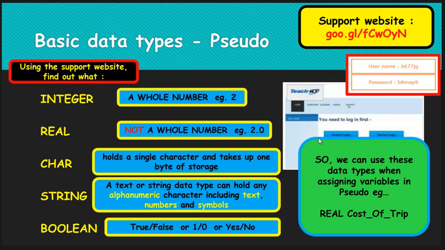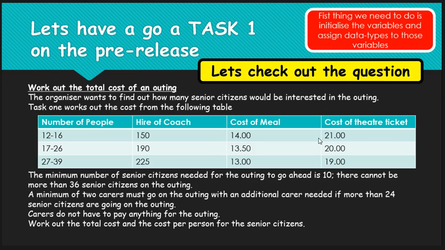Because obviously the cost of a given trip would be in pounds or euros or dirhams, and you would have the denomination beyond it. So I'm going to stop the video there, because on the next slide we've got task 1, and task 1 I'm going to show you in a separate video. I'll record a separate video, and as I said earlier, I'm going to show you version 1, which is in the lessons that I delivered. And I'm going to show you a second version, which I was able to sort of create. So that'll be all in the next video, just for task 1.